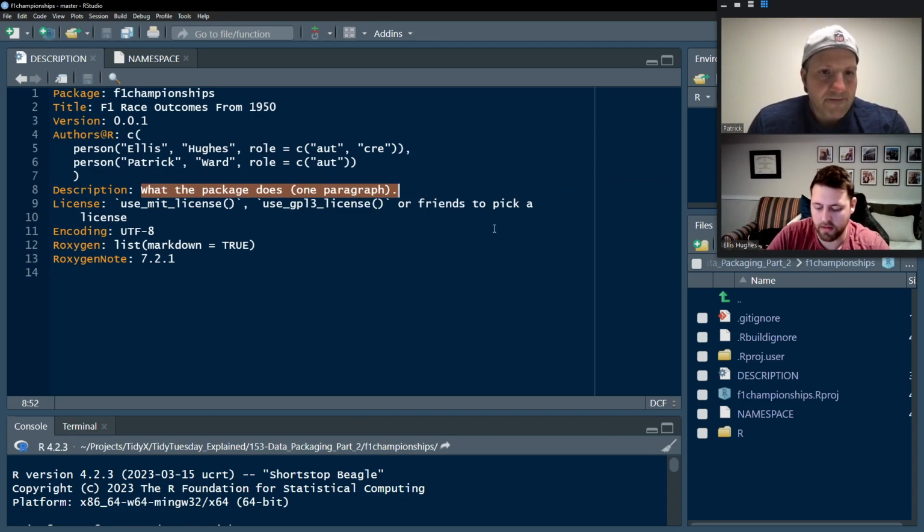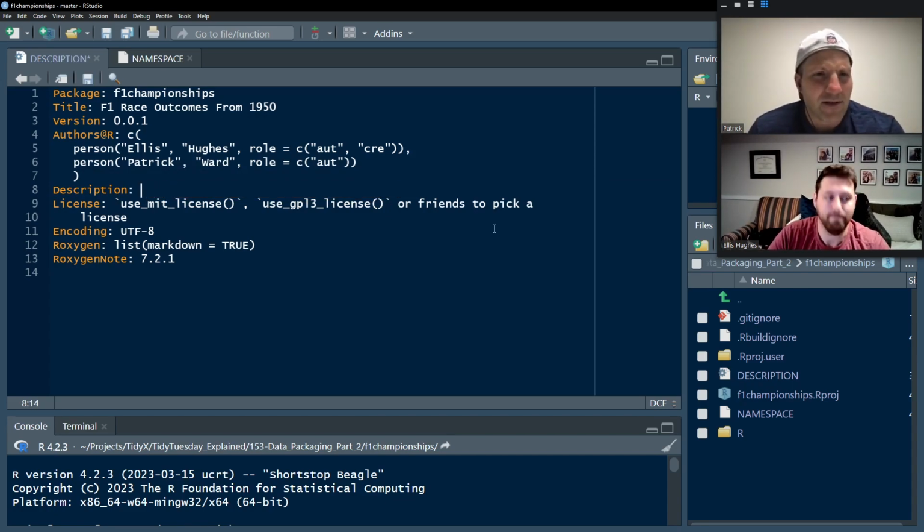Description. I don't think we have to fill that out right now. We do, so we don't have to right now, but the description is like a paragraph explaining what the package does. However, you cannot start it with the words "this package does." CRAN has jumped on that a little bit, so we're just gonna say